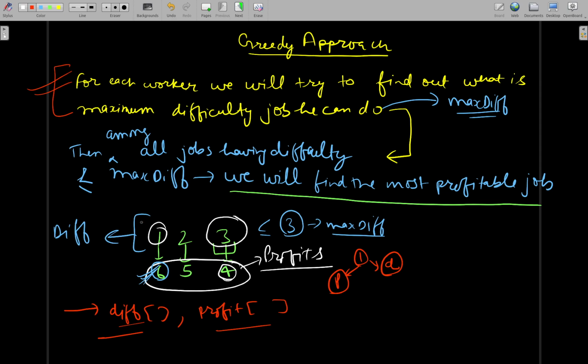But here the question arises: how will you find, among all the jobs that have difficulty less than or equal to the maximum difficulty, the maximum profitable job? There will be some set of jobs having difficulty less than or equal to the maximum difficulty, and there were some profits associated with them. So once we have this maximum difficulty index,